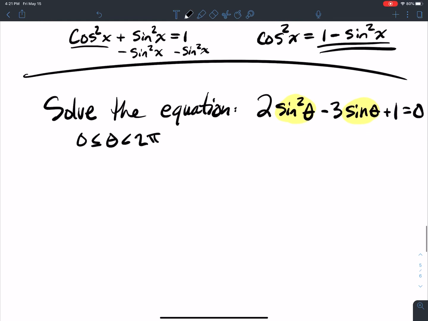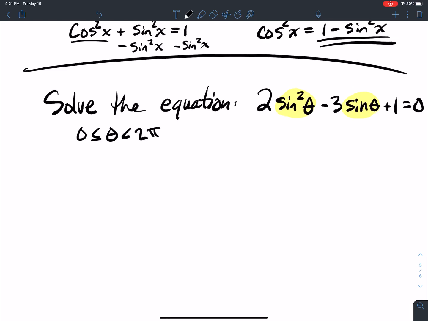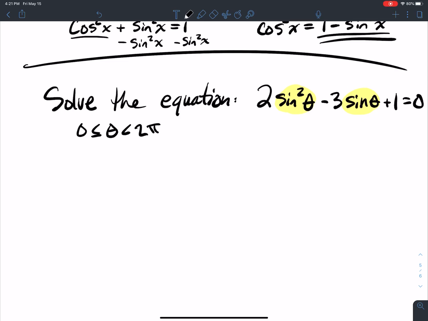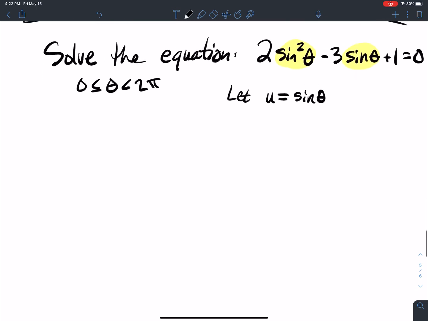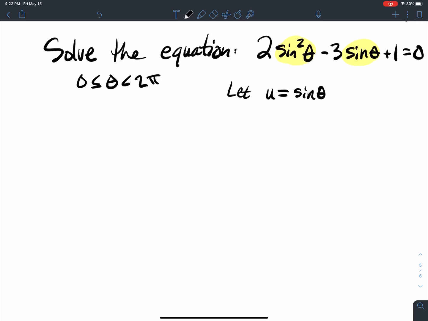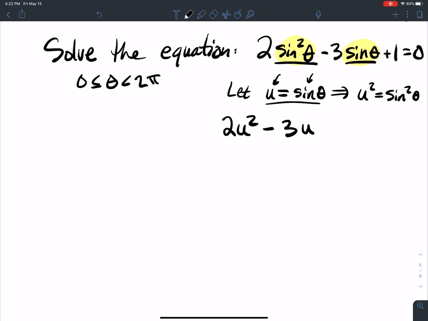Now, one thing that may help you see this is, when you see a sine theta, you do a substitution. If it helps you, great. If it doesn't, well, got to think back to college algebra. So I'm going to let u equal sine theta here. U-substitution pops up big in calculus when you start talking about indefinite integrals. So I'm going to do 2, and then now I don't have sine theta, I have sine squared theta. How do I get that from this? I square both of these, and I get sine squared theta equals u squared. So I replace sine squared with u squared, minus 3, and sine theta is u, so 3u,